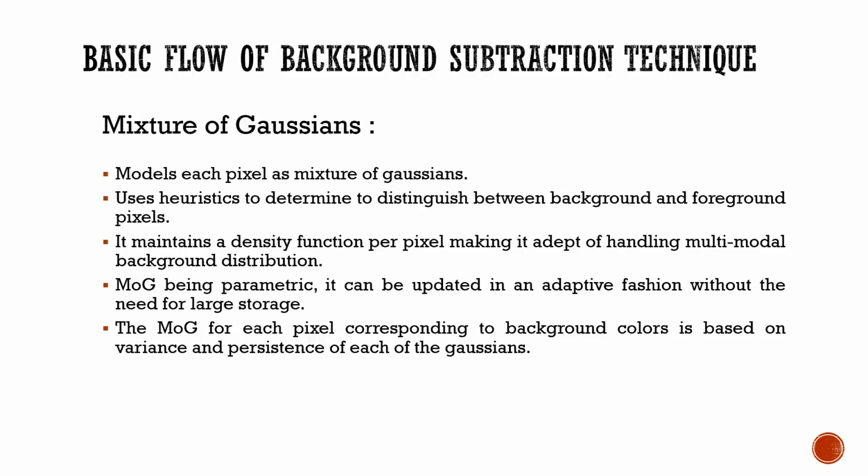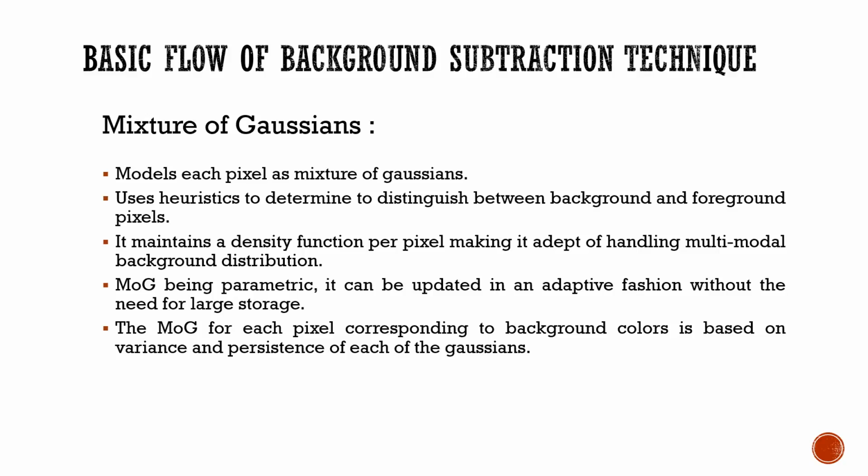The next algorithm is very popular because it uses the mixture of Gaussians technique. Basically, in this method, each pixel is modeled as a mixture of Gaussians, and it works assuming that every pixel's intensity value can be modeled using a Gaussian mixture model. Basically, it uses heuristics to determine which intensities belong to the background, and hence the remaining pixels are declared as